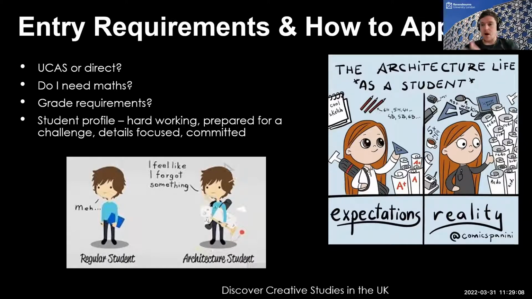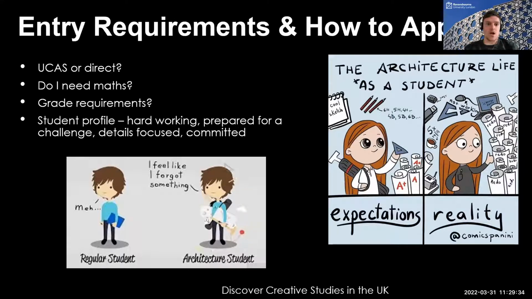Multi-faculties will tend to be higher in terms of their grade boundaries and probably place less emphasis over the portfolio, whereas creative universities tend to be the opposite. We place more emphasis on the portfolio and the interview rather than your academic grades. So it's worth doing your research in advance, looking at your own grades and what your predicted grades may be, or your actual grades if you've already received them, and which universities would suit you and your style of learning and where you want to go with your career